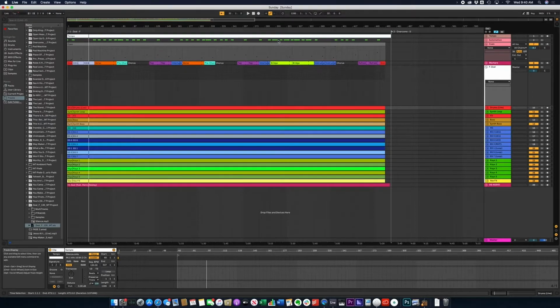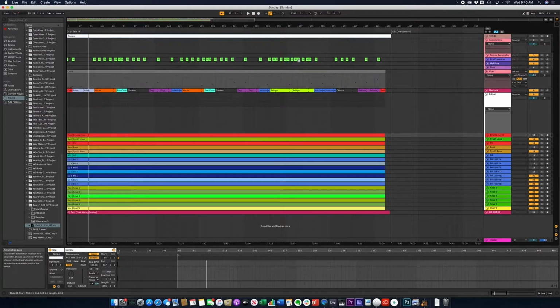Then, of course, you'll see up here at the top, what are all these little bars here? This is the automation. I have a group called automation. And so each one of these things, tempo automator, I have in here in case the Holy Spirit speaks and is like, "Hey, do this other song." So there's a tempo automator in here. And what I do for that is I allow